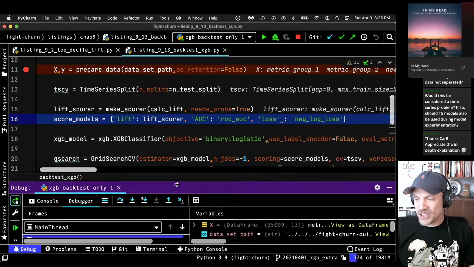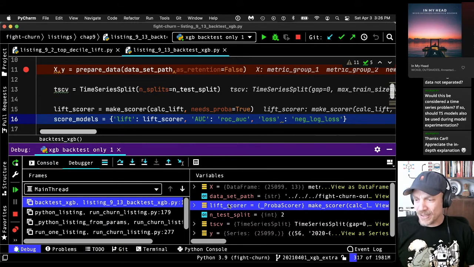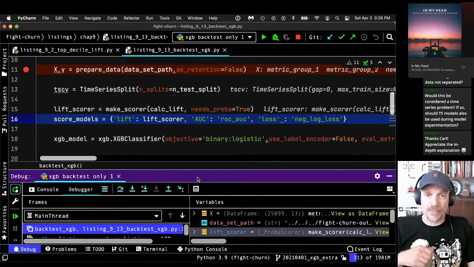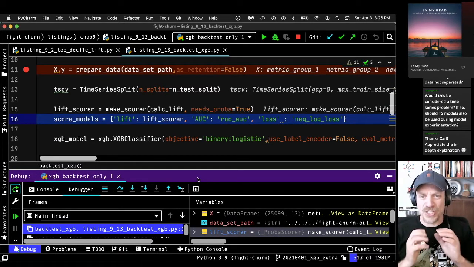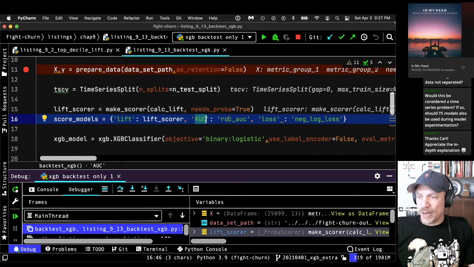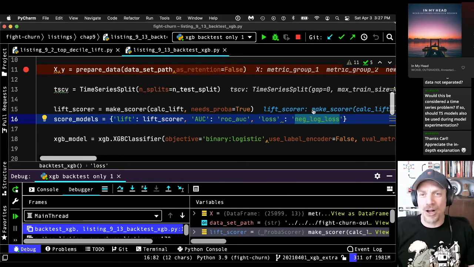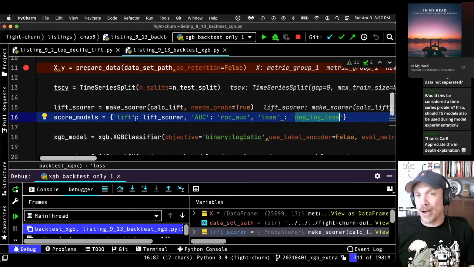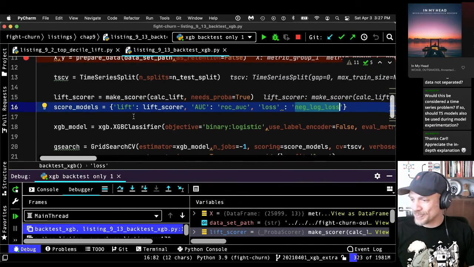So now the lift scorer is an object that I just created, and it wraps my function, in the sense of a wrapper, a container, if you're familiar with object-oriented programming lingo. The AUC is a standard metric, so I can add it by string. And I'm also putting in the log loss here. We're not going to talk about log loss today, because that's kind of conceptual. It's good for fitting your model, though, so you might want to learn about it.